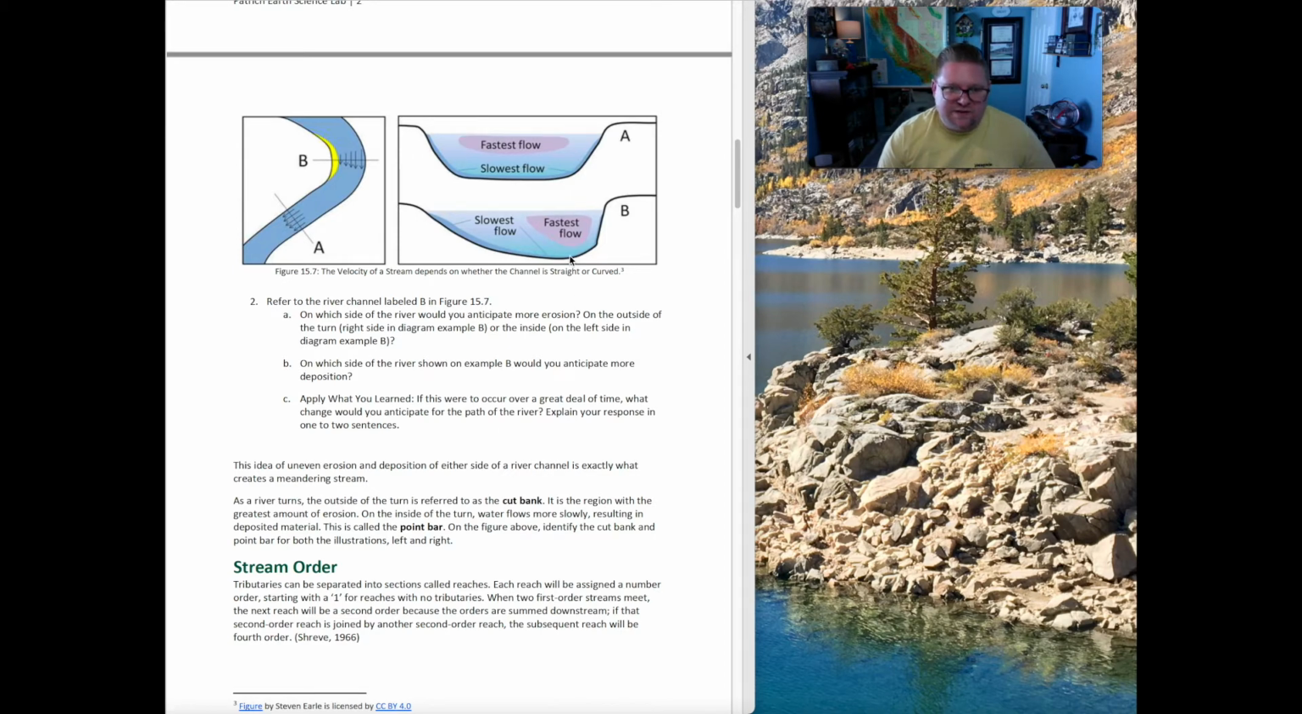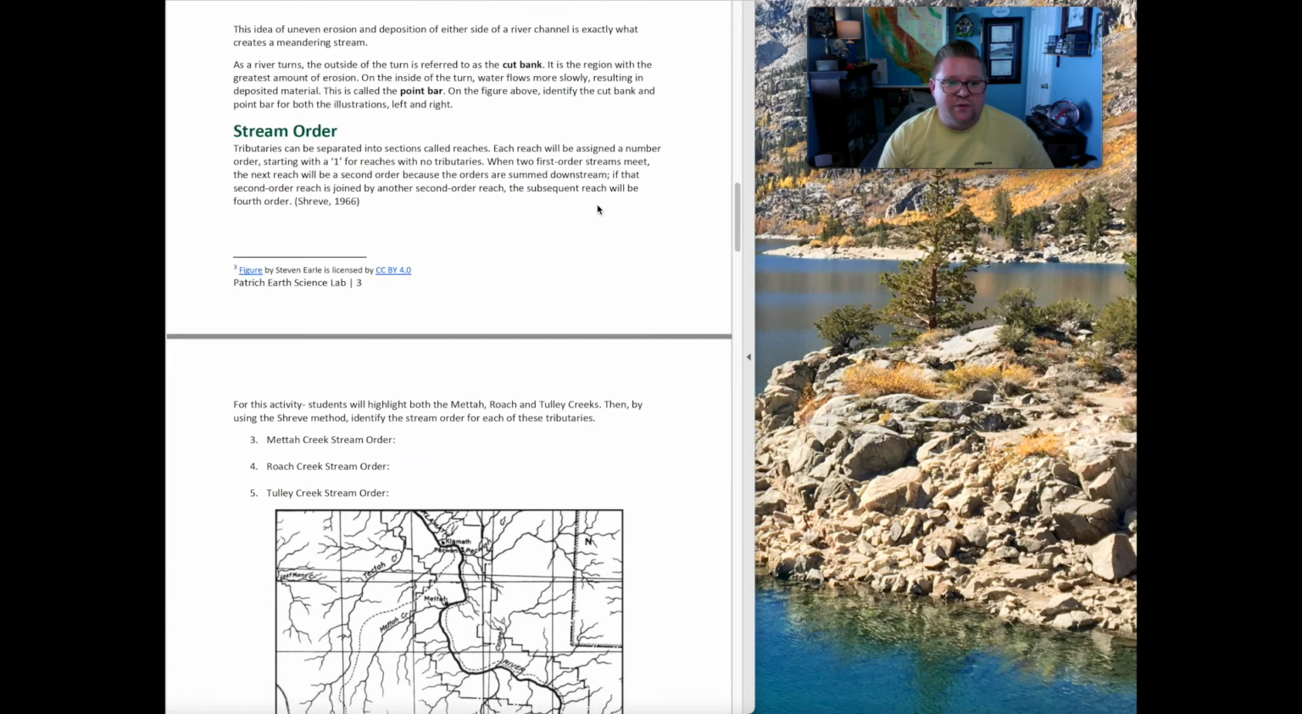So if things were to continue as they were, what do you think would happen? Would the river straighten out, or would you over time continue to dig and make bigger meanders, which would then create new features called meander scars, all of which you'll learn within your readings for this lab. So then that brings us to the next step of rivers, which is called stream order, which I'll do right